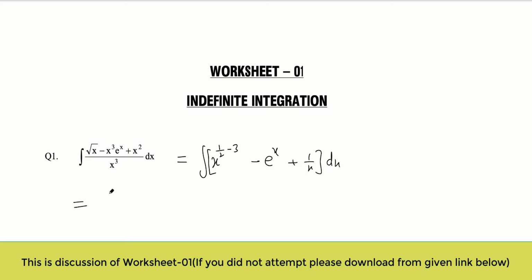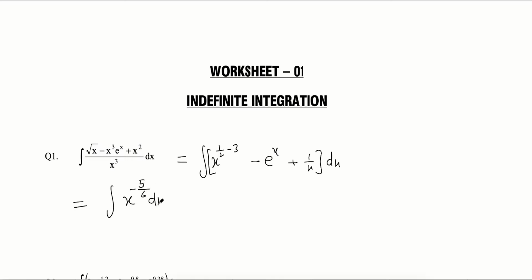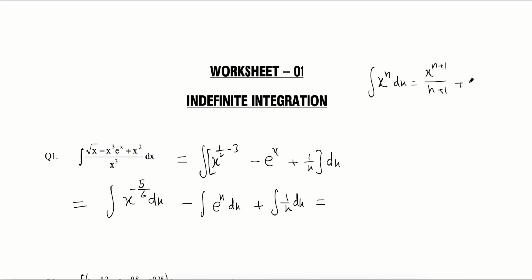So this I can write as what? Integration of, this will be my 6, LCM if you take it, 2 3s are 6, 1 minus 6 is minus 5. So minus 5 by 6 dx. I can split it: minus integration of e power x dx plus integration of 1 by x dx. Now, this will be done by using the formula of what? Remember all of you, x power n integration is what? x power n plus 1 by n plus 1. Of course, plus c will be there.